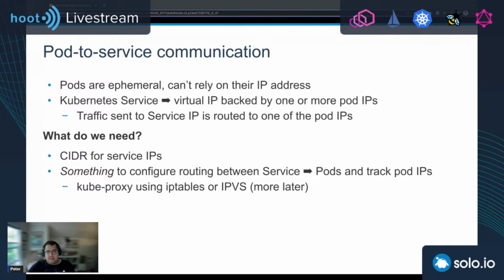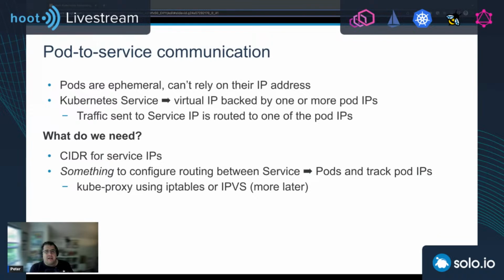Now, for this to work, there's a couple of questions we need to answer. So the first one is, how do we assign an IP address to the service? This one is fairly straightforward because we've already solved this for pods. We just follow the same approach. We're going to assign an IP from a CIDR range that's typically reserved for services, and it's different from the CIDR range for pods. So, how do we assign the IP to the service? Similar to the way we did for pods.